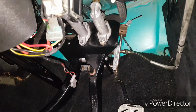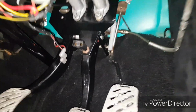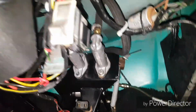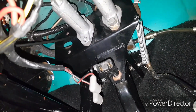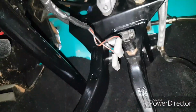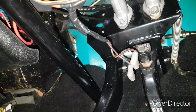So this is why I'm not enthusiastic, because there's hardly any room. So the throttle cable's got to be disconnected, and it's actually this master cylinder here that's the one that's playing up. So I've started taking a couple of bolts out. I've taken the brake switch out, and then this pedal has basically got a pin that goes through it, which